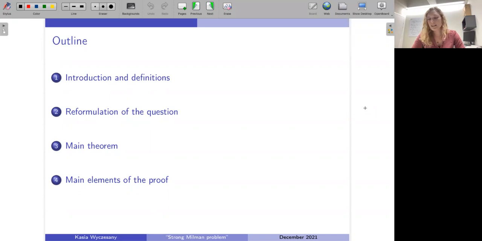We haven't found it written down in any paper, so it's just from a personal correspondence between Tim and Vitaly. And then I'll propose a reformulation of the question, a strengthening of the question already, and introduce you to our main theorem, and then focus on explaining the main elements of the proof. The paper on its own is quite technical, but I'll try to tell you a story of how one can attack a problem like this. Okay, so let me begin.